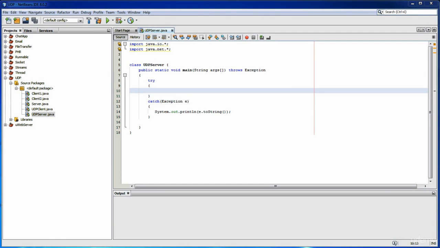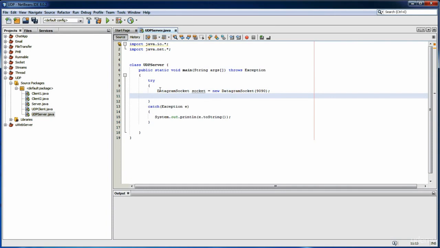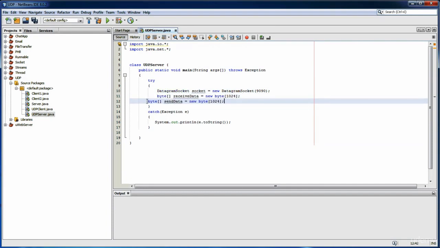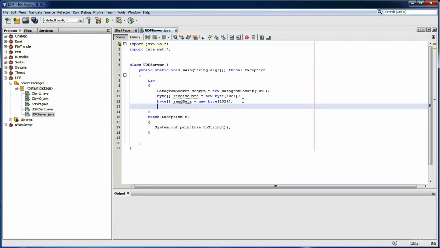Let's begin by opening a datagram socket on a well-known port. I'm going to do DatagramSocket. Let's say socket equals new DatagramSocket, and I'm going to use port 9090. We add the byte arrays, and I'm going to use a while loop to accept multiple clients. While true,